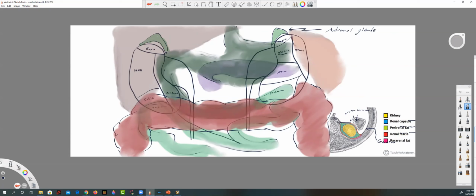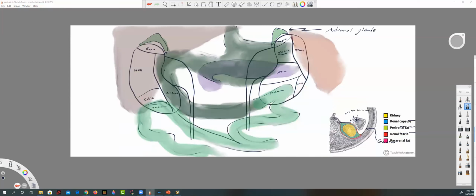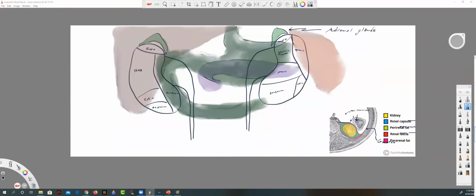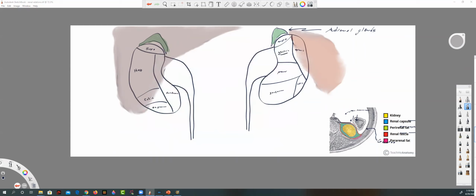So I figured I'd draw this out because it seems easy enough when you're really into the anatomy and how everything fits together. But I remember as a student looking at these images of the kidney and the areas of the kidney and not really understanding it. So hopefully this helps you figure out how each one of these